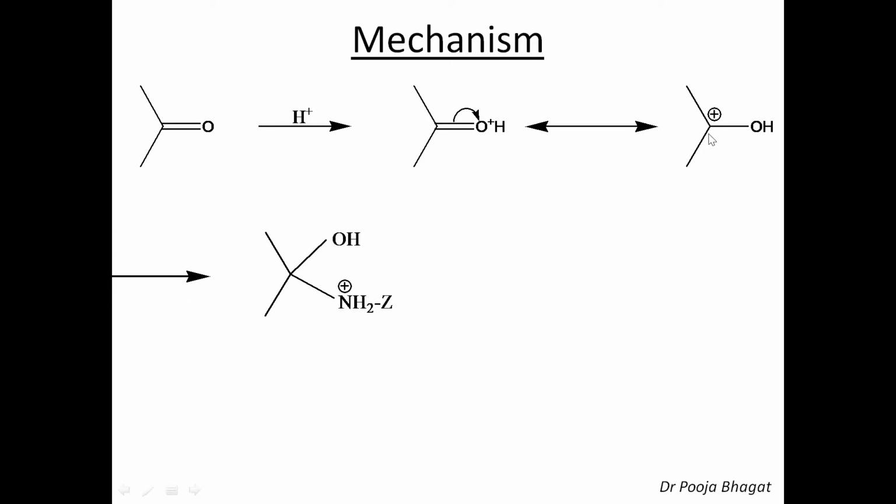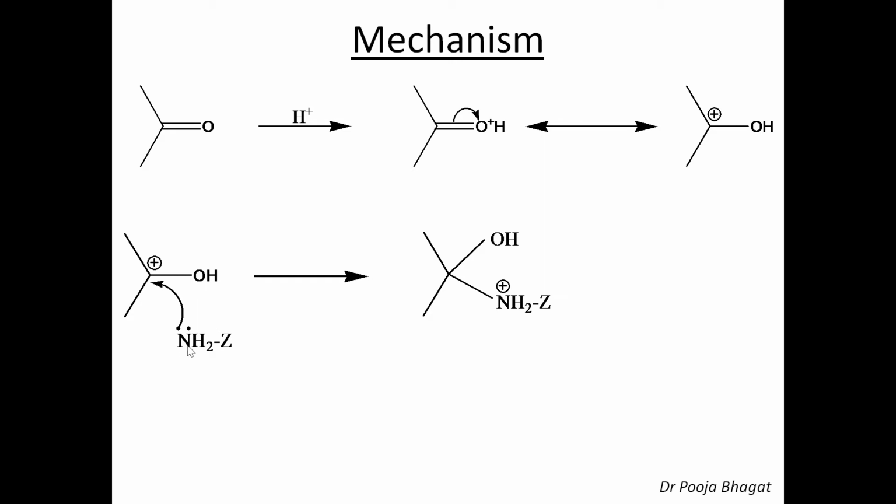And now this ammonia derivative is the nucleophilic center, with a lone pair of electrons available on the nitrogen. This will attack the carbon having the positive charge. So now there is a bond between this carbon and nitrogen. The carbon was positive; nitrogen is giving its electrons to the carbon, so the carbon becomes neutral, and the nitrogen, being neutral and donating electrons, attains a positive charge. So this is OH and NH2 positive and Z. Then this nitrogen will lose one of the hydrogens as a proton. So there is a loss of proton from here, and now the nitrogen becomes neutral. So it is NHZ.